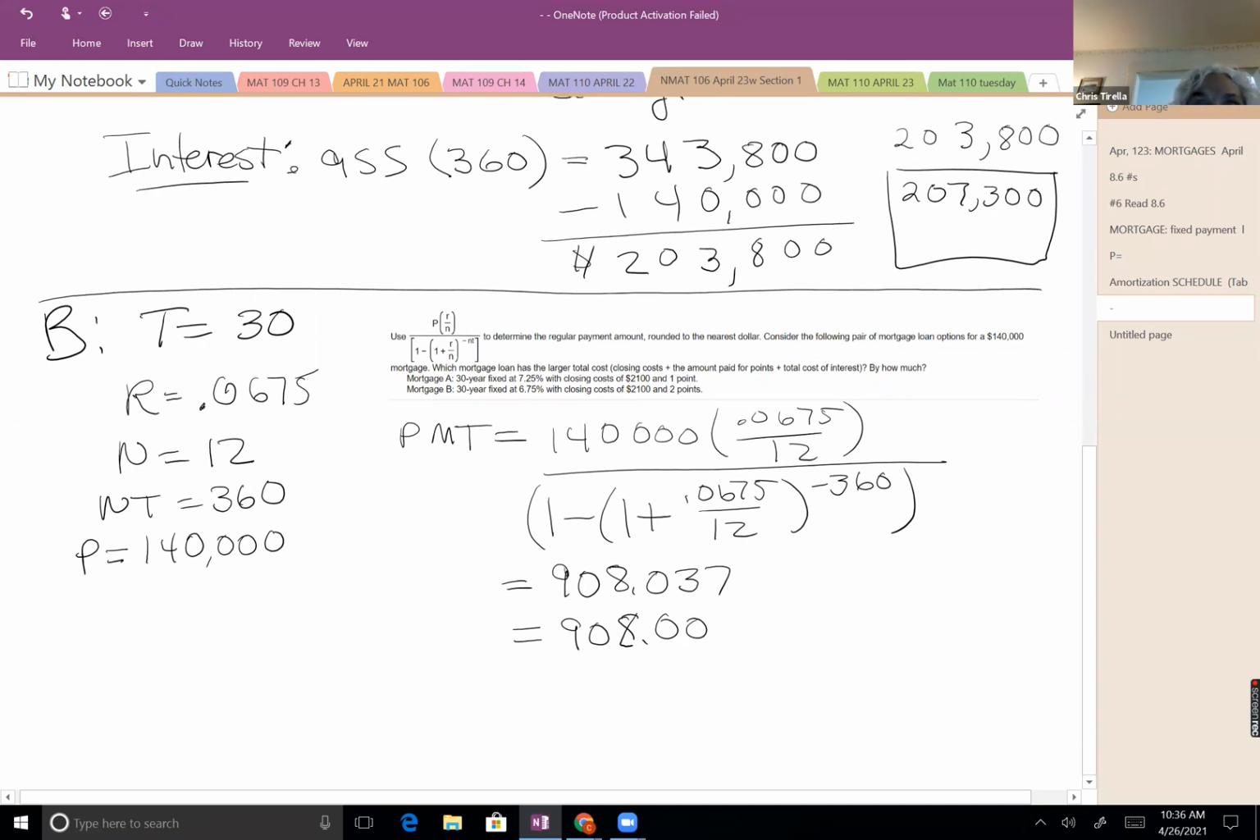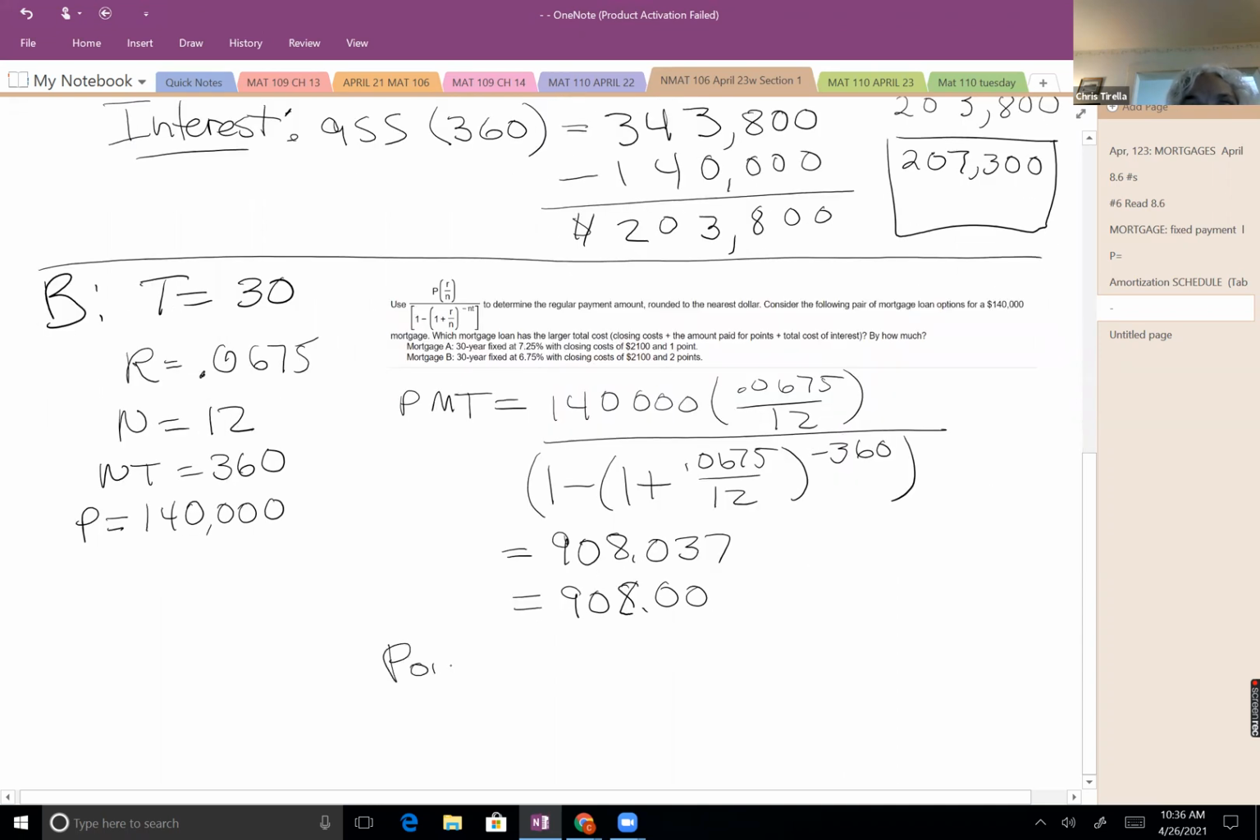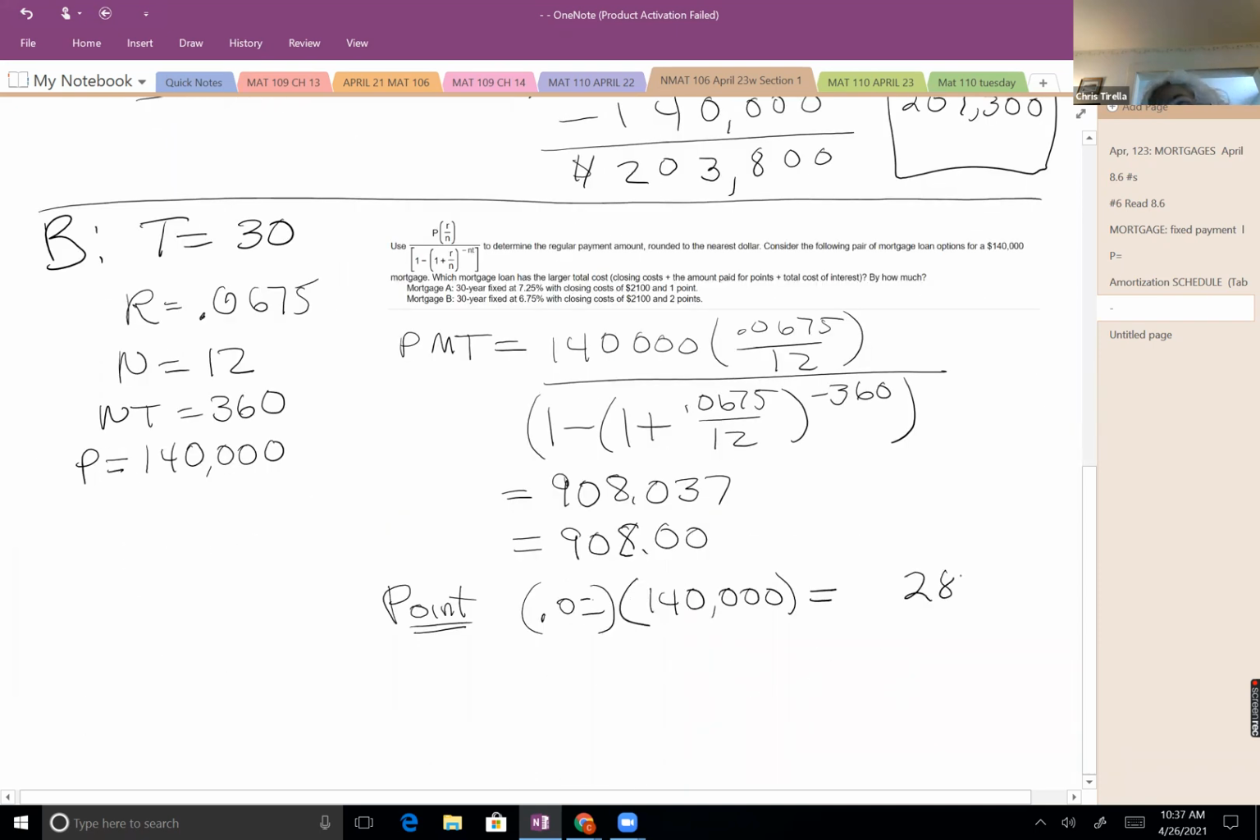And so this time our points are 2% of the mortgage amount, which doubles them to $2,800. Our closing costs are the same, at $2,100. And to figure the amount that's interest,